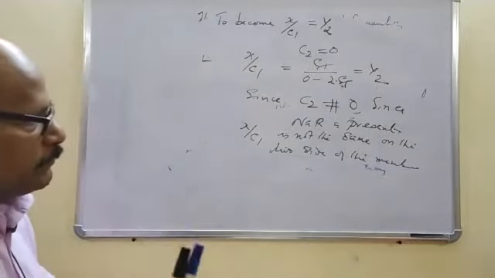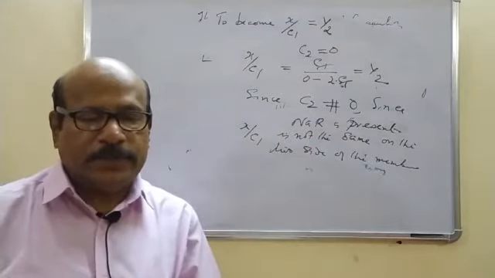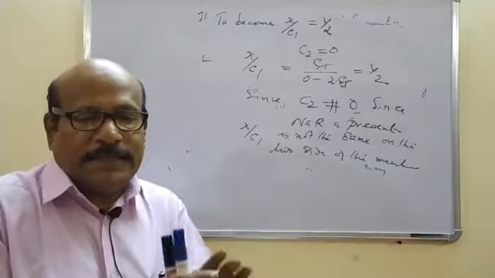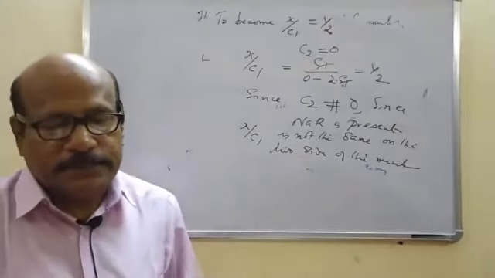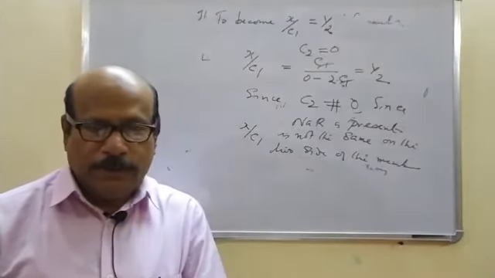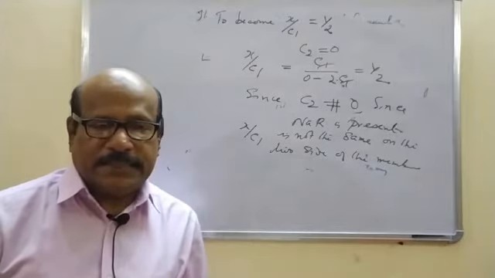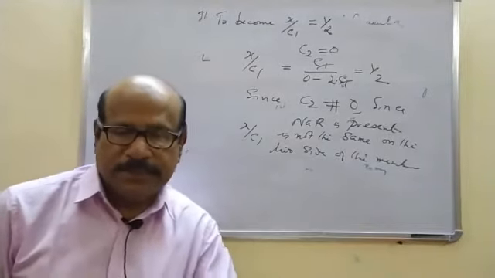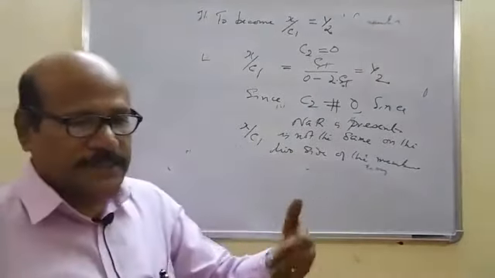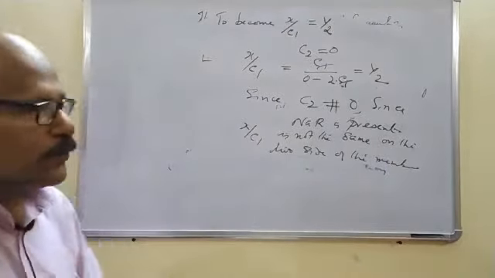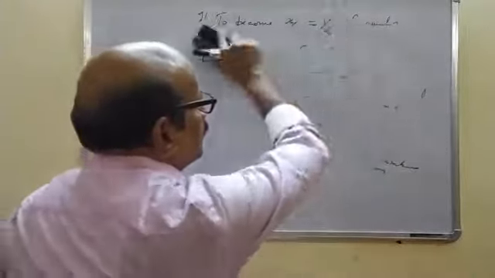Because the distribution of ions is different, there will be a charge separation of positive and negative ions within the solution across the membrane. Because of the unequal distribution of the ions present in the solution, there is a charge separation that always exists across the membrane. That results in a potential called the membrane potential, the Donnan potential. And also there is a difference in the osmotic pressure. The osmotic pressure will be different on the two sides of the membrane. This is what is known as the Donnan membrane equilibrium.